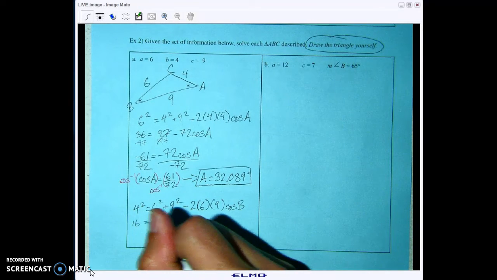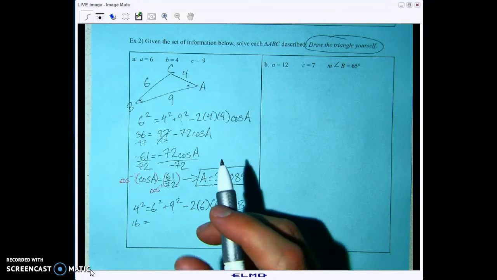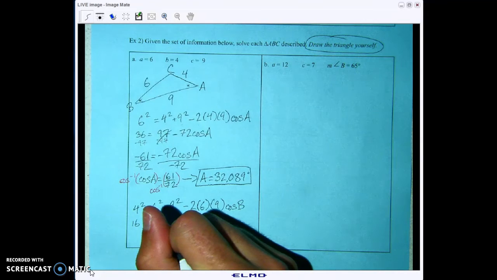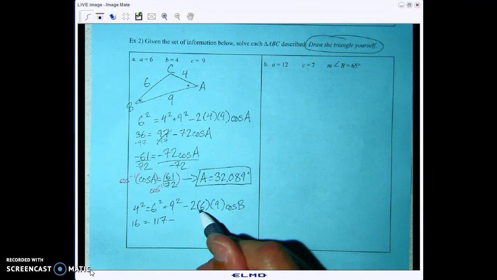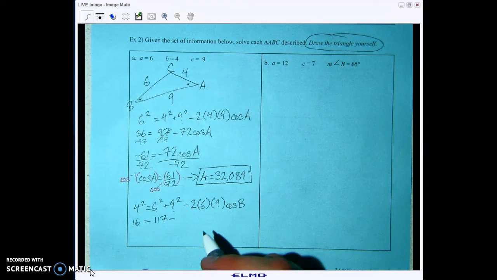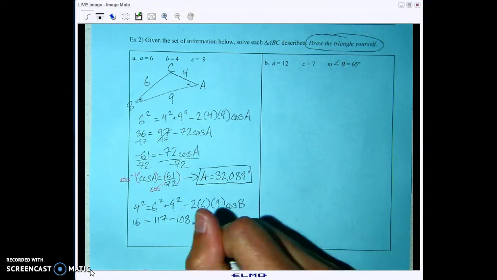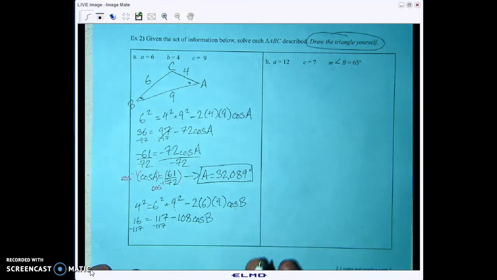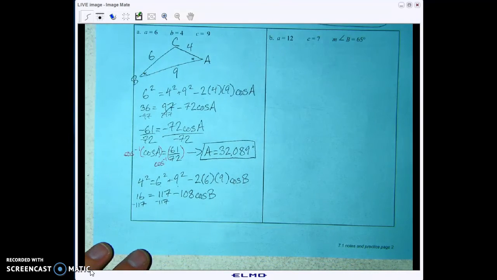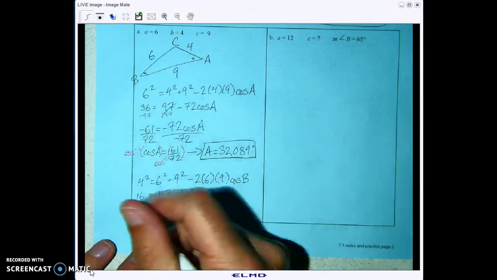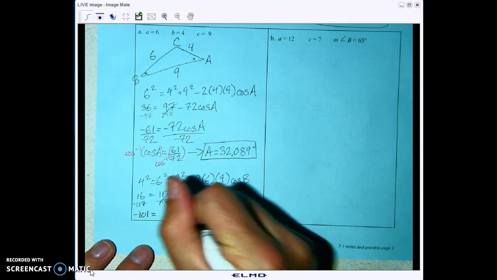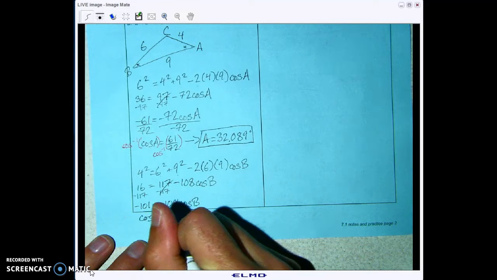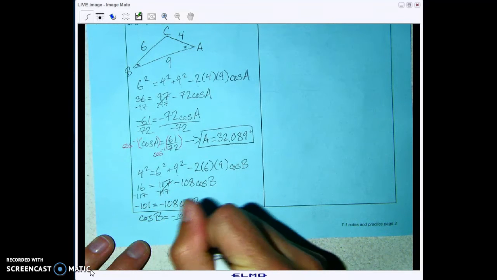Okay, so we get 16 is equal to 6 squared is 36, 9 squared is, again, 81, and 36 plus 81 should get us 117, minus 2 times 6 is 12, and 12 times 9 is 108. So 108 cosine B. Again, we subtract 117 from both sides, and I'm going to run out of space here in this box, but that's okay. 16 minus 117 is negative 101, and that's going to be equal to negative 108 cosine B. So then, of course, cosine B is going to be equal to negative 101 over negative 108,